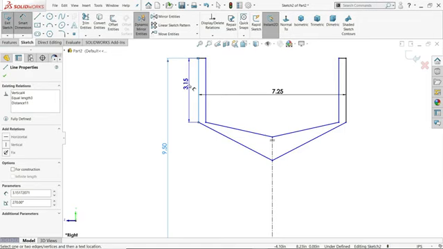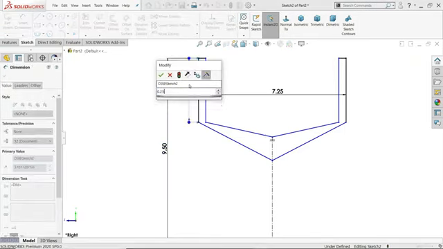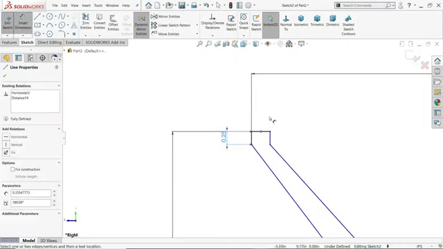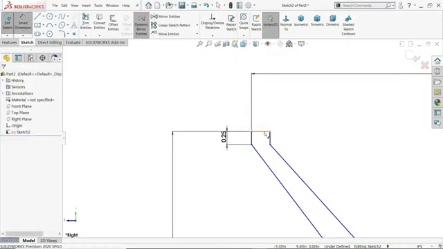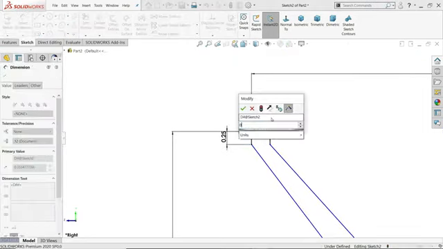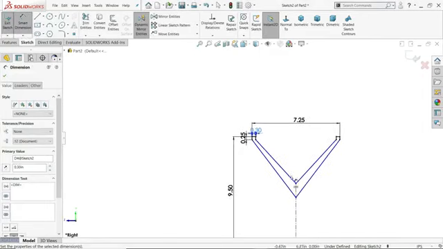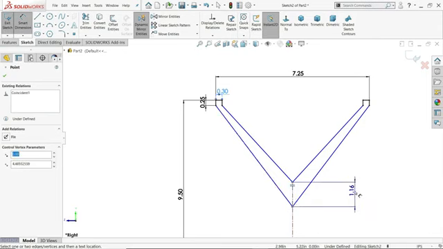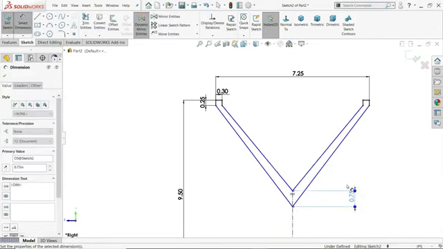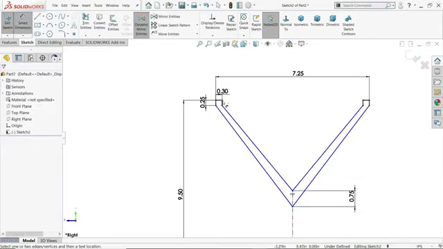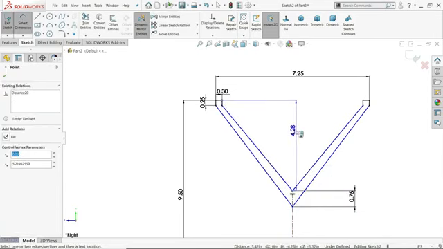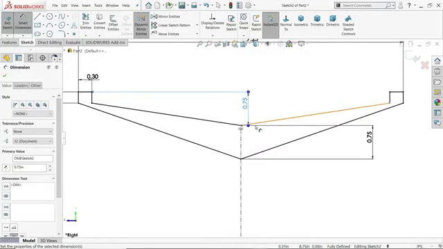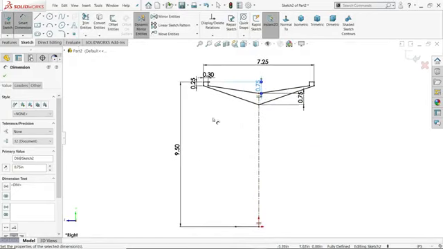This vertical length 0.25, 0.3 inch, and the distance between these two is 0.75, and the distance from the upper point to this point is also 0.75. Now see, it took perfect shape.